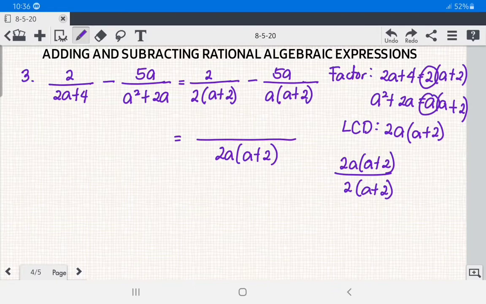That is equal to, let us now cancel 2 and then a plus 2. So we have here a only. Then this a, you're going to multiply by the numerator 2. So we have 2a. Then minus